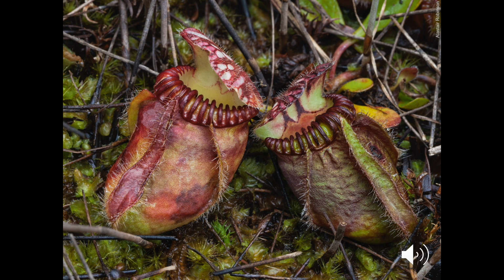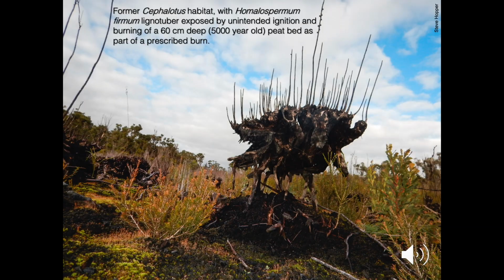Why this is so is not entirely clear, especially given the fact that the majority of its habitats have now been destroyed. Where Cephalotus does remain, it's threatened by out-of-season fires, as well as by unnaturally hot prescribed burns, which can burn away layers of peat accumulated over thousands of years, as shown here. Then there is poaching for its novelty value, land drainage, or even bulldozing for housing. And if that didn't seem dire enough, the southwest of Australia is drying.